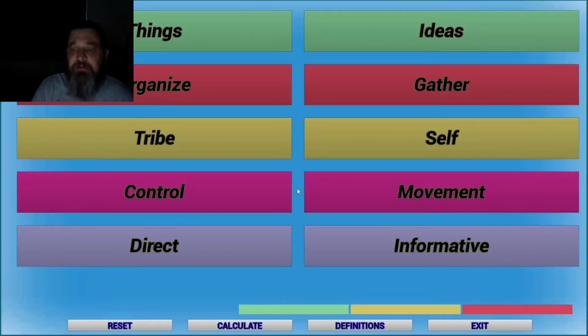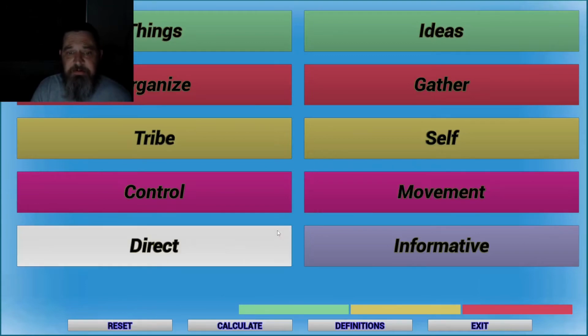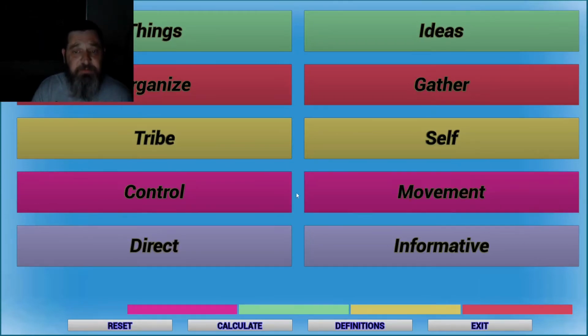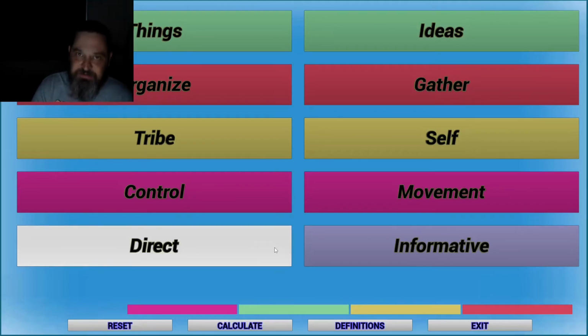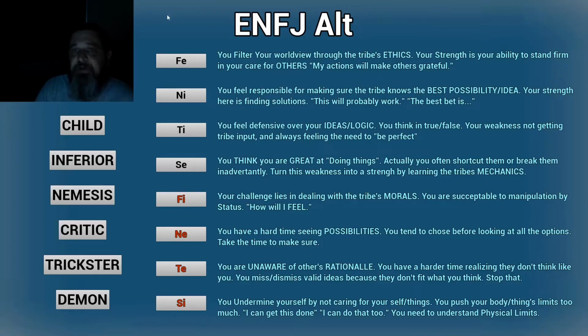Controller movement. That is, I'm movement. I'm so much movement, but that's how my disability takes form. So I tend to move a lot. But some people don't. They stand still. I am not informative. I realize that I'm saying a lot of things, but I'm saying them as little as possible. Trust me. We're going to say direct just because I am. And then we're going to calculate. It's going to pop up ENFJ Alt. What that means is how you deliver the information.